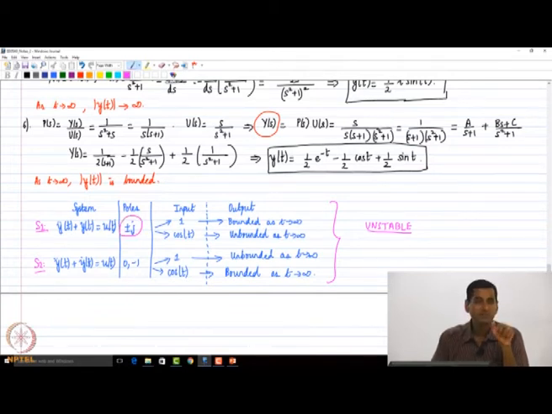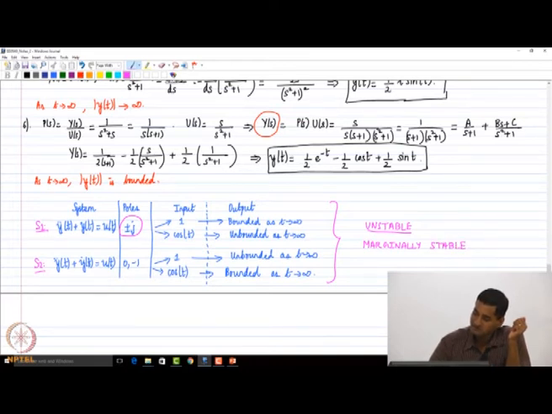See, for this system, the poles were at plus or minus j, right? What is the magnitude of the pole? 1. So you saw that when the input is a sinusoidal signal, either cos omega t or sin omega t, with omega being exactly equal to the magnitude of this purely imaginary pole for system S1, then we are going to have an unbounded output. Okay, so for that reason, some people will call this class of systems